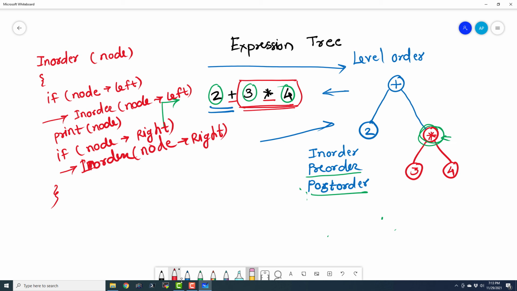Now there is another special type of binary tree known as binary search tree. It is also abbreviated as BST. Okay, so binary search tree is a very special tree where the values of the nodes left to any node, they are smaller than the value of the particular node.